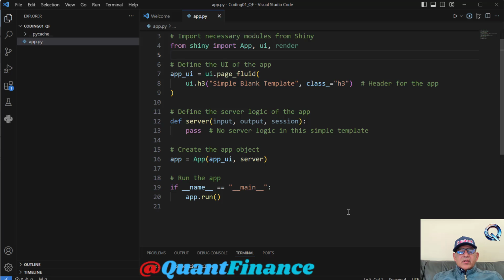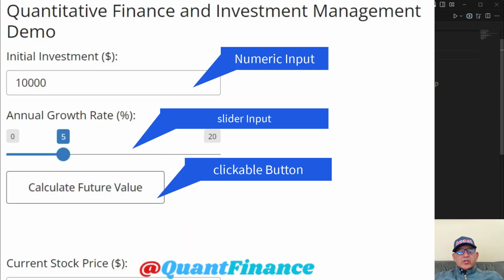Actually, what they want to say over there is that there are many web frameworks in which you can make web applications using Python. And today we are using Shiny, right? So it helps us create those amazing UIs, as I shared in my previous video. I have shared some of the outputs, and those numeric input boxes, those sliders, buttons, all those things. Whatever we have to create in the UI, you can create that with any of those modules and